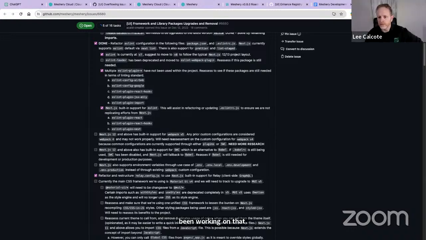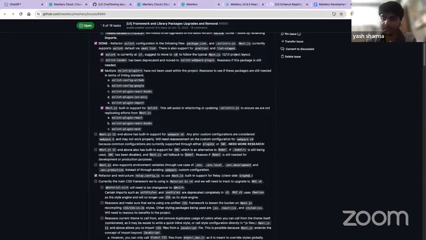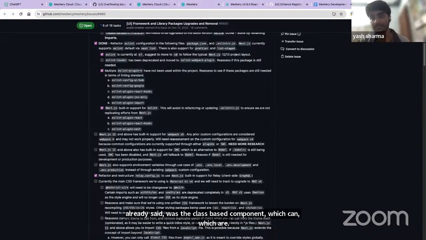I don't know. Abid isn't here. Sudhanshu and Yash, do you guys know? Any new component that we currently make can be used with the RTK. The only thing holding us, as you already said, is the class-based components, which are holding us back from migrating from Redux.